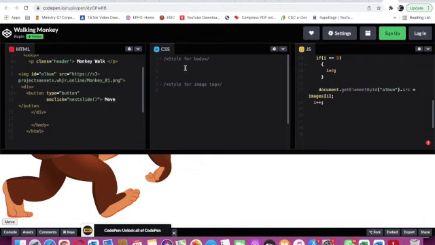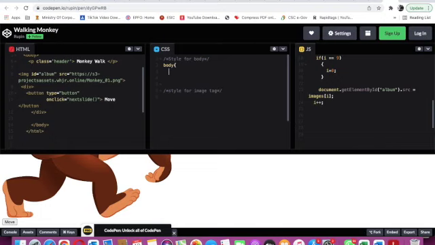Okay, now we will see CSS. We will design it. Now they have given the style for body. They are telling that you have to style for body. You have to design for body now. So we will give body. I will open curly bracket.